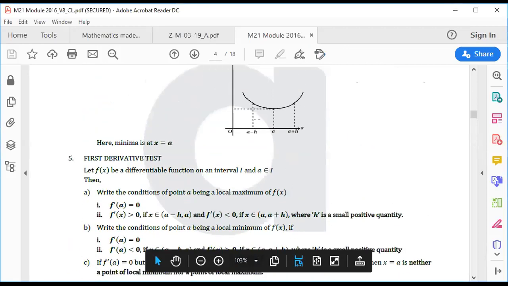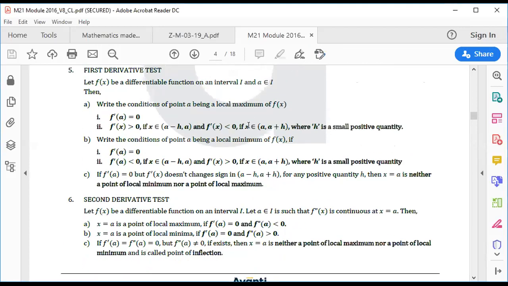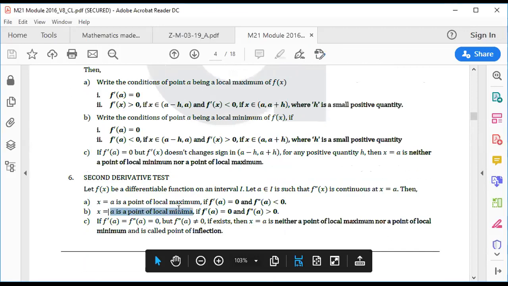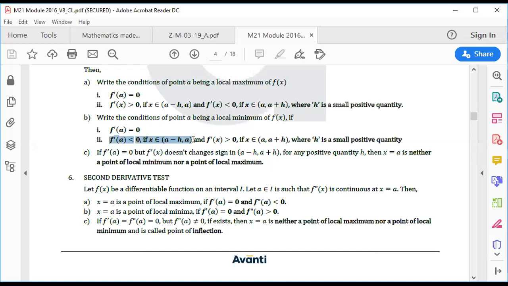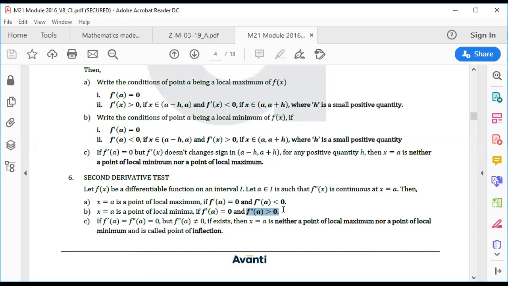In the same way for point of minima, first derivative will be 0 and your second derivative will change its sign from negative to positive. First it will be negative, then it will become positive. So positive minus negative, definitely it is going to become positive. So for point of local minima, your f double dash a will be positive. So is it clear first? If f dash a is less than 0 on the left and f dash a equal to 0 and it is changing its sign from negative to positive, then definitely f double dash a is going to be greater than 0. So has the revision up to here been clear? Okay, everything up to here was revision, about points of maxima and minima.